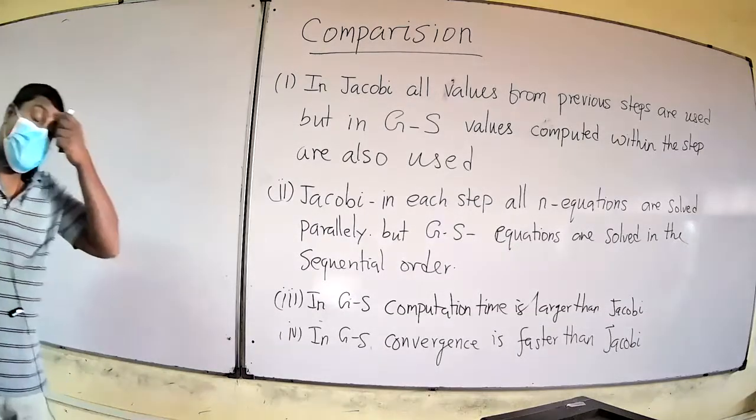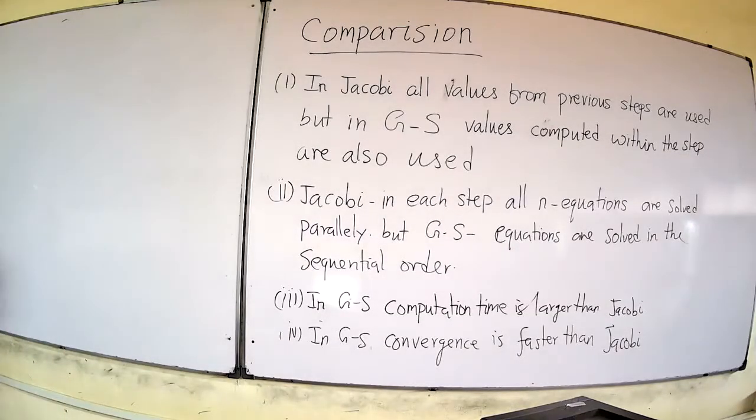So these are the comparisons between Jacobi and Gauss-Seidel. Now, here we do it element-wise. We have taken the summation of xi, or the summation of minus aij over aii times xj, and so on. Now we are going to look at it from a matrix point of view.